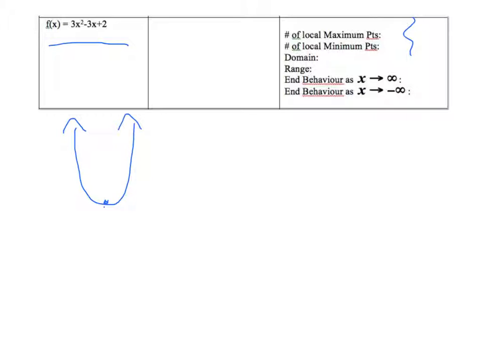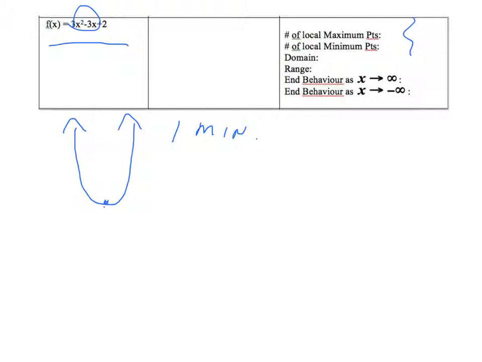So also, because it's a degree 2 equation, the number of maximum or minimum points that you get is always based on the exponent of the lead variable here, so x squared, and you subtract 1 and it tells you how many of those turning points or critical points we're going to have. So in this case it's just 1. So in answer to the question, what's the number of local maximum or minimum points, based on everything that we know about this function, we would answer that there is one local minimum